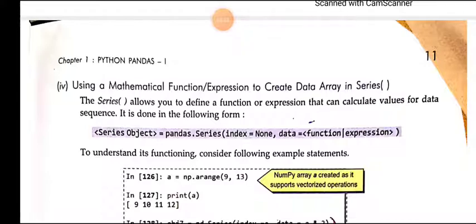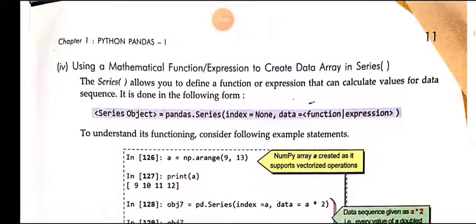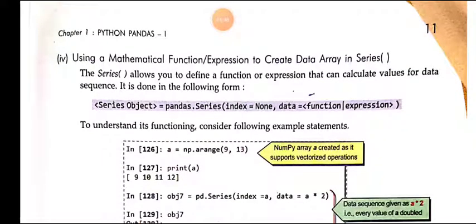But for that we must use an array, and we can see how by the example. First of all, the series allows you to define a function or expression that can calculate values for data sequences. It is done in the following form. We need to write series object is equals to pandas dot Series, index is equals to None, data is equals to the function or expression that we want to give.